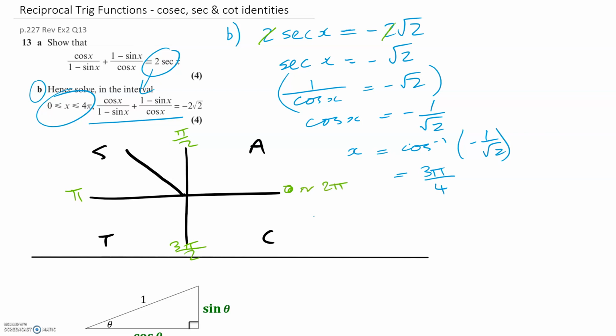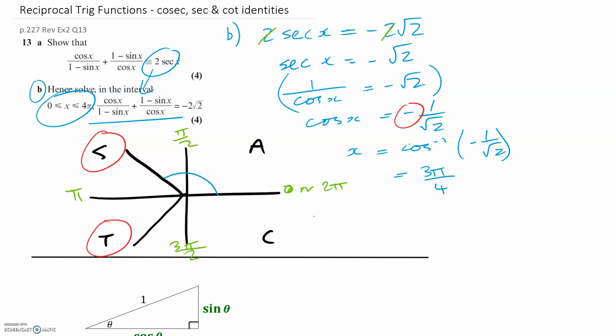So we've got cos is negative here, cos is negative, so it's going to be in this quadrant and this quadrant, and so we can reflect the line down here, and this angle